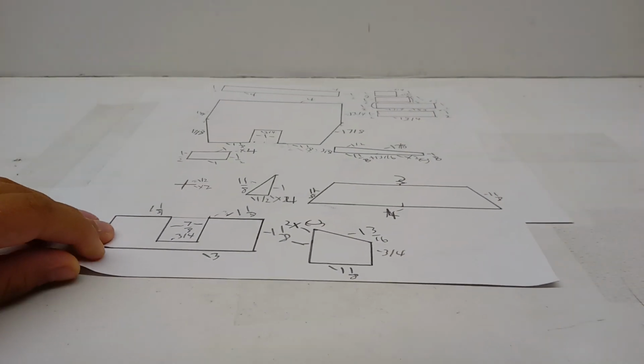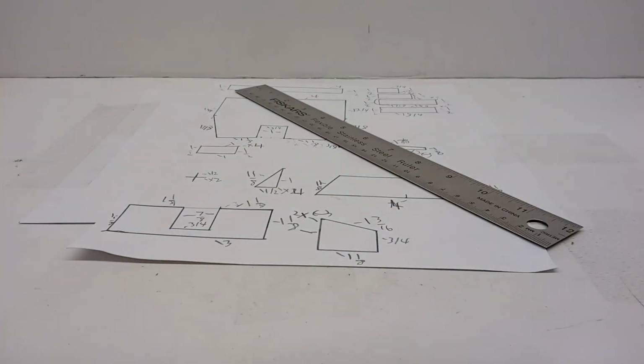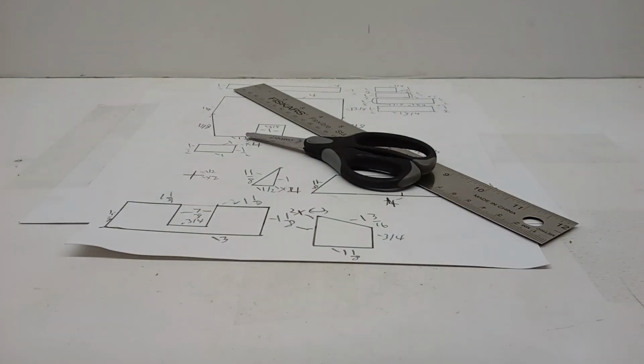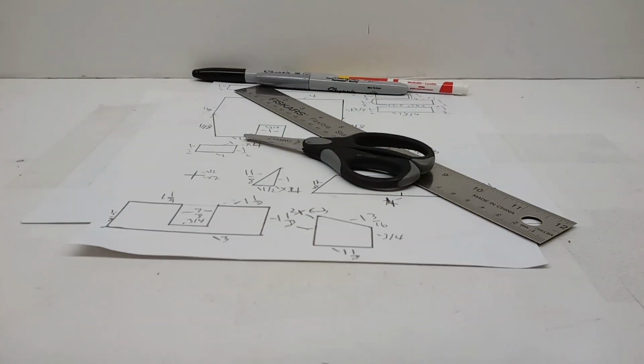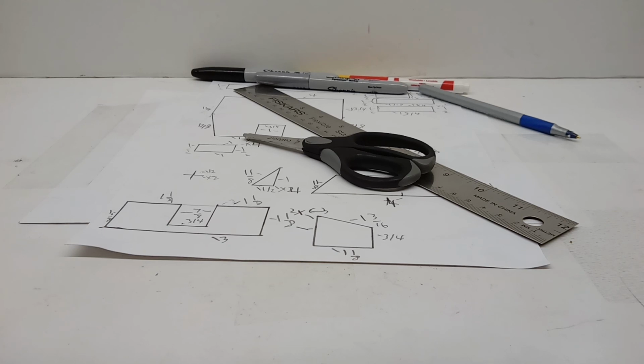For WarHawk, you will most likely need some type of cardboard or something like that, maybe some card. These instructions, most likely. A ruler, a pair of scissors, a pencil, a red marker pen, a black marker pen, silver marker pen, a means of cutting a hole, a toothpick,